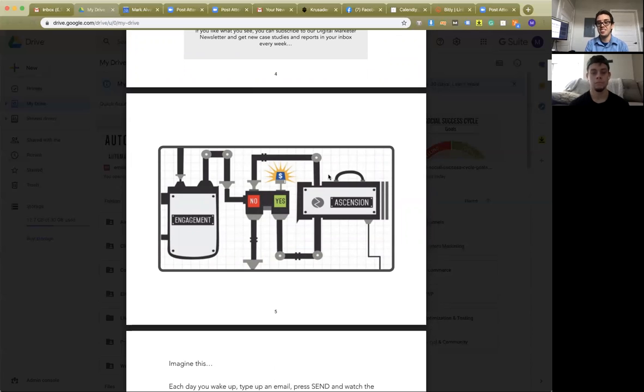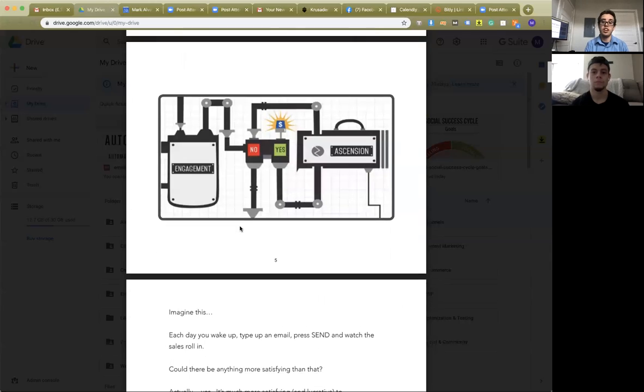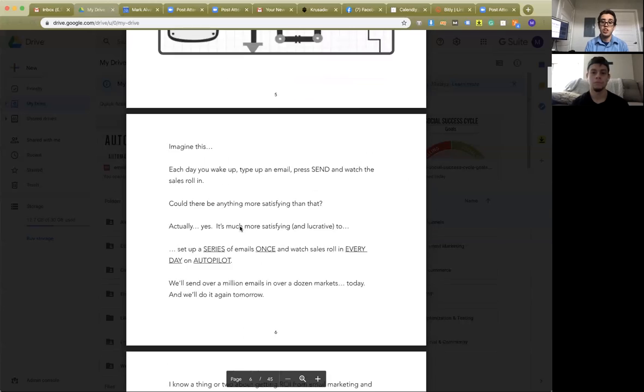So typically it runs like a machine. We're trying to get them to the yes. The ascension is everything, the middle to the bottom of the funnel. Engagement is at the top of the funnel. How do you attract the right customer? How do you funnel them in? Segment them? How do you educate them? And then eventually lead them into making a purchase and converting and becoming a customer.